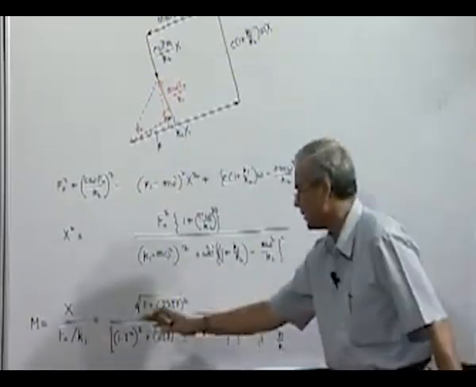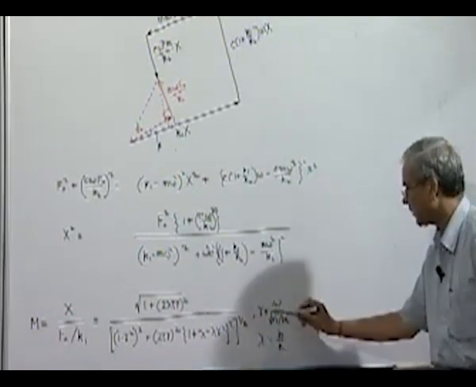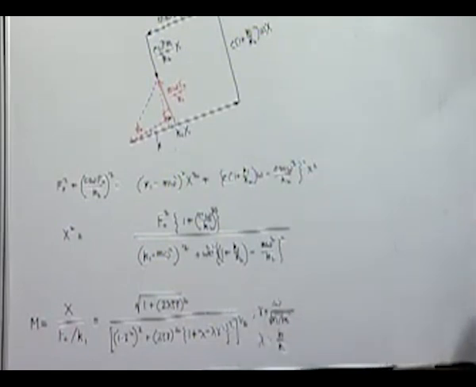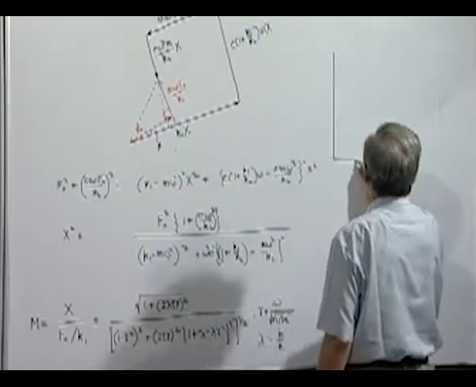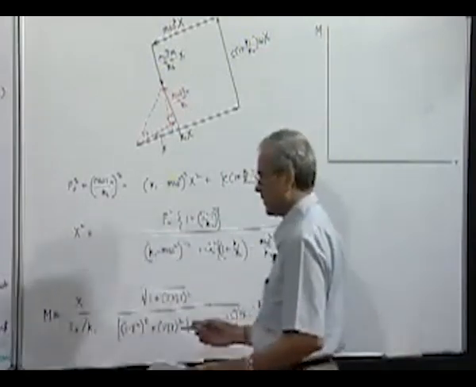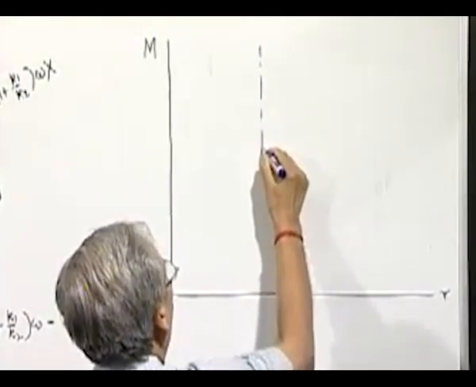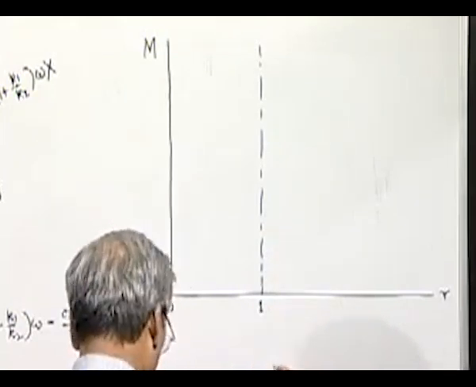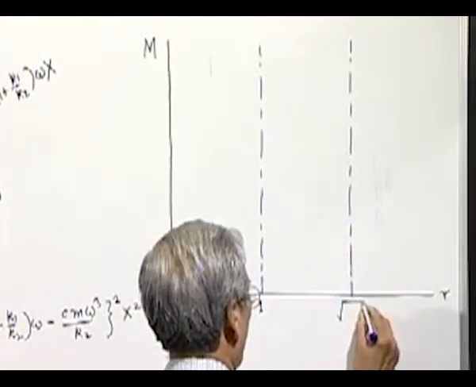so the magnification factor is somewhat complicated. Now there are two springs and their stiffness ratios are represented by lambda. The natural frequency of the system in the undamped case is square root of k1 by m, and static deflection obviously also is controlled by the first stiffness, which is k1. Now here this one, if we plot,